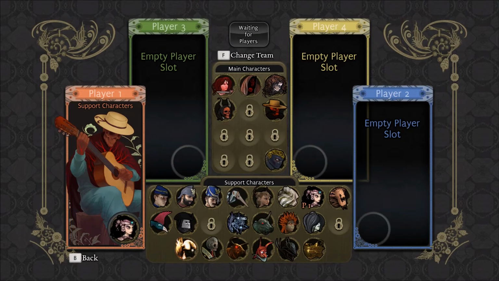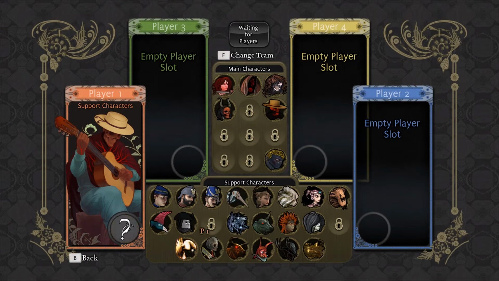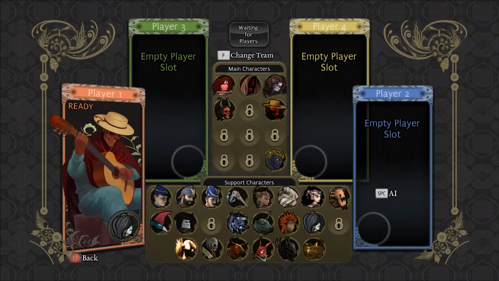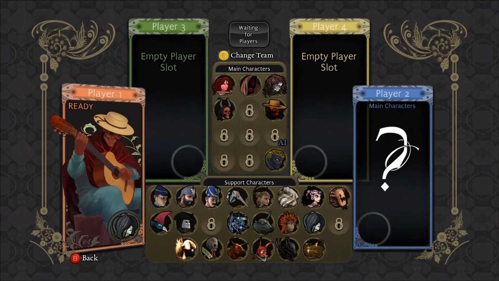It's like the something. I don't know. I honestly can't remember. Let's try... I think that's the Sea Witch. Let's give her a go. And then AI. It would be nice to just random the AI, but...